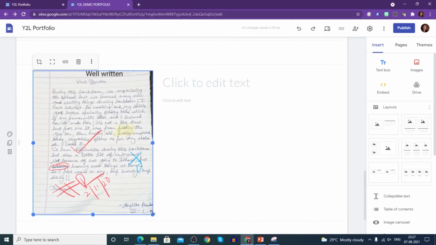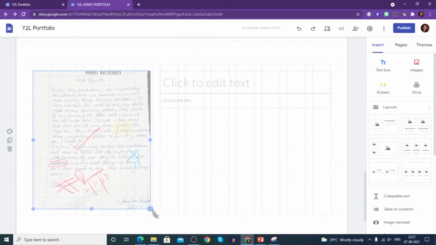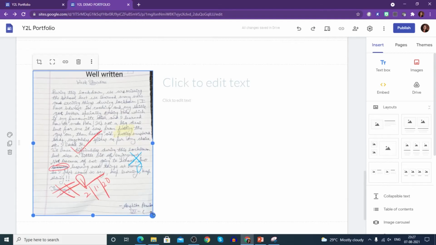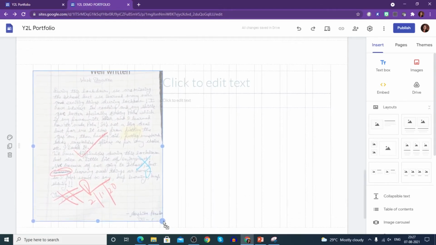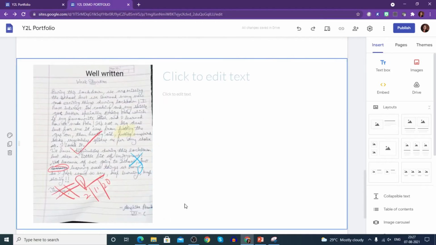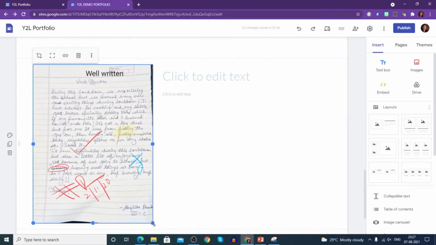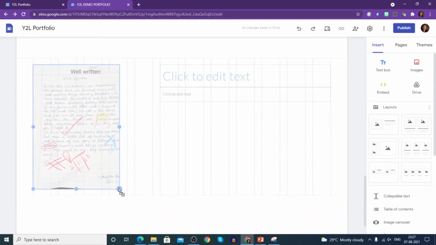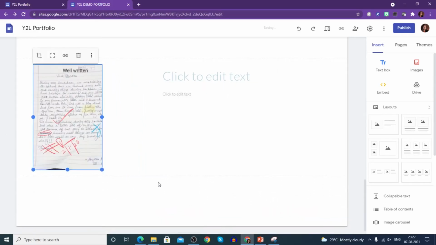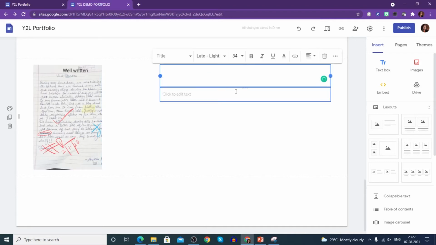Now this is accommodated and now I am resizing it. Now it says click to add text.